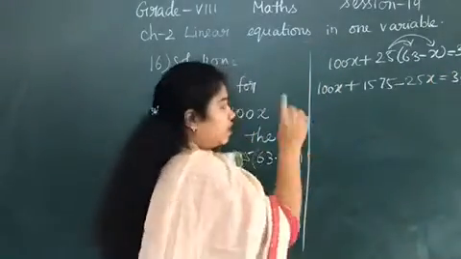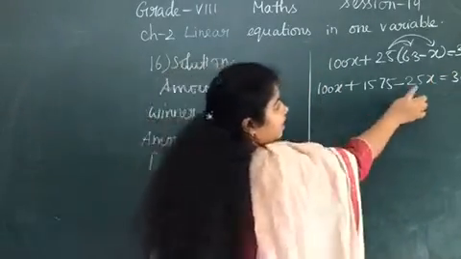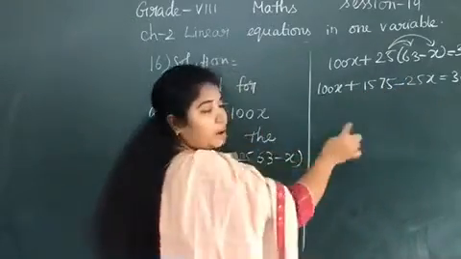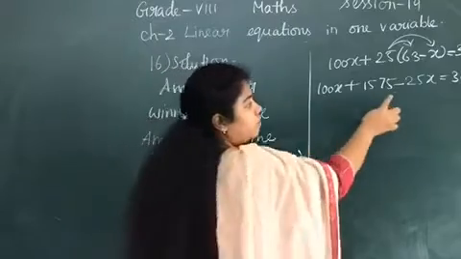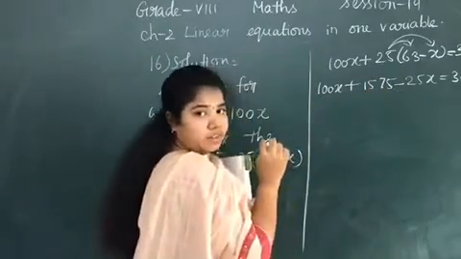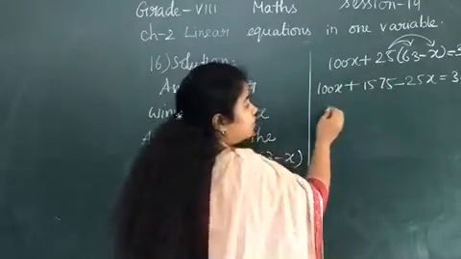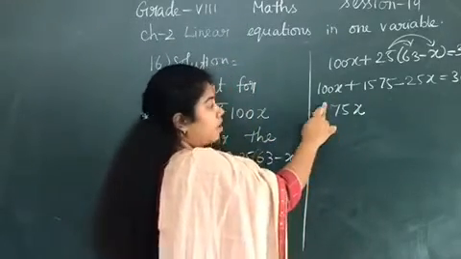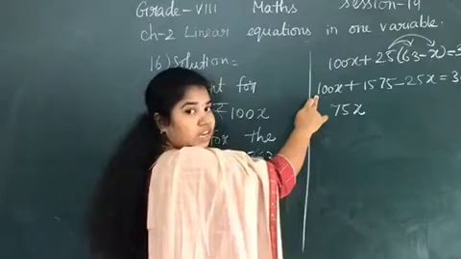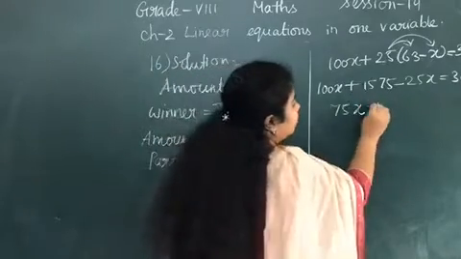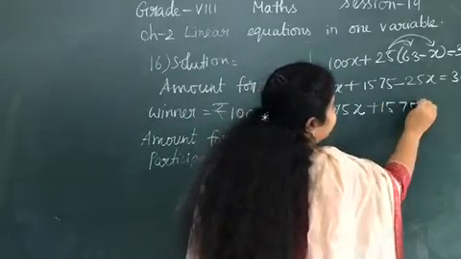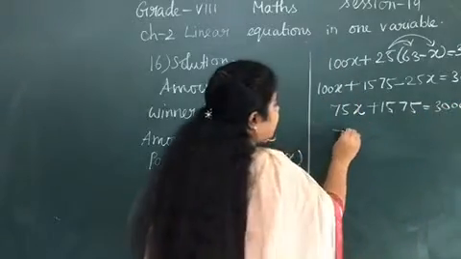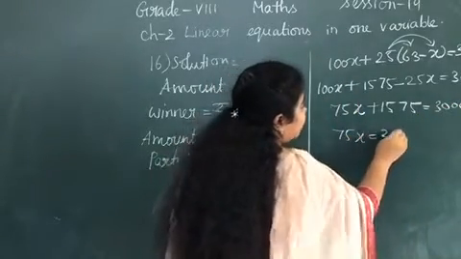Can you understand? Now 100x and here it is minus 25x. Variables are the same, so you can subtract the coefficient. Why do we have to subtract? Because the subtraction symbol is given here. So 100 minus 25 is 75x. Why am I writing plus 75? Because my greater value number sign is plus, and this number will come as it is, 1575, which is equal to 3000. Now keep the variable this side and take the number to that side.